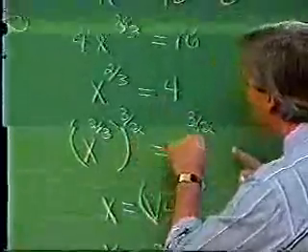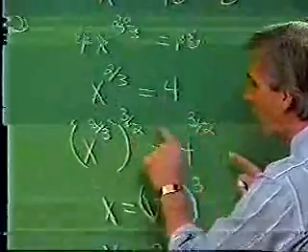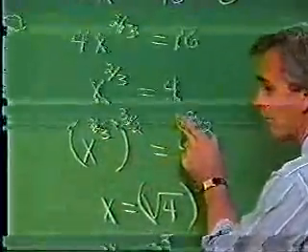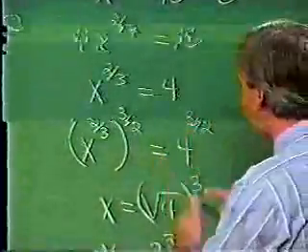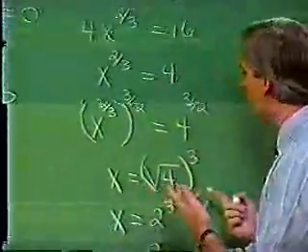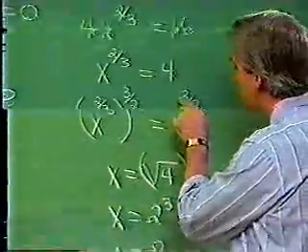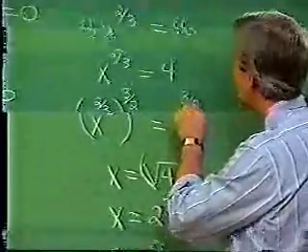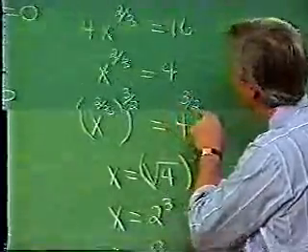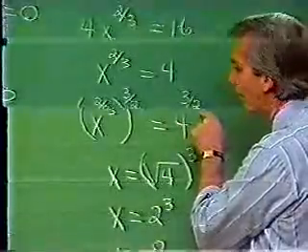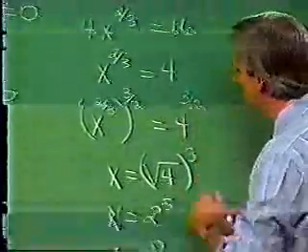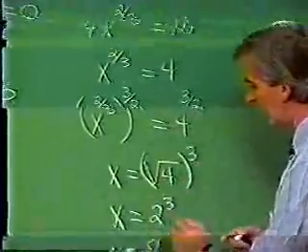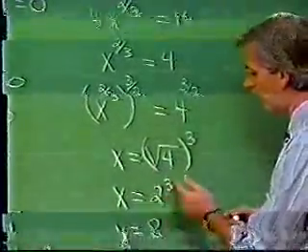And that's now the situation where if we raise this side to the 3/2 power, we raise this side to the 3/2 power. Now, the fractional exponent implies really two operations, remember. Here we're raising to the third power, or as we think of it, cubing, and here we're square rooting, and we can do either of those first. So if we take the square root of 4 and then cube the result, we'll have an answer here. The square root of 4 is 2, 2 cubed is 8,